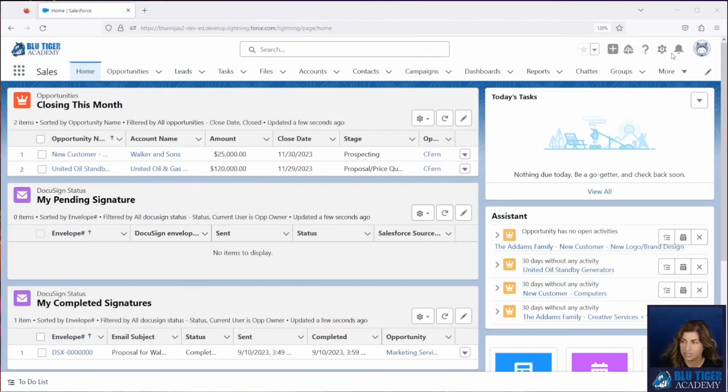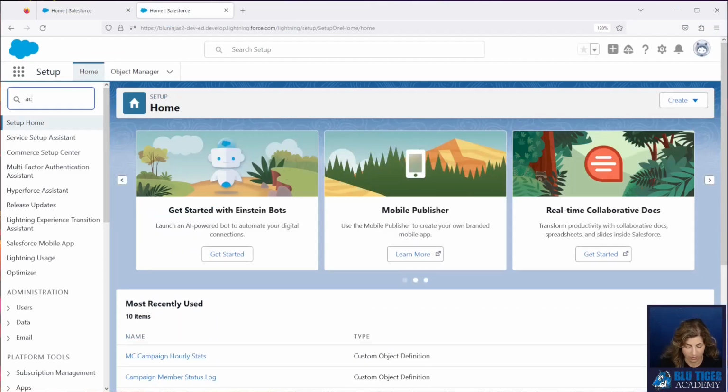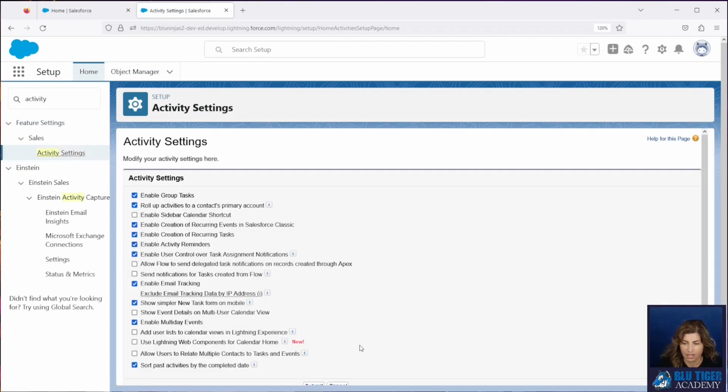All right, our first step is to check our activity settings. We'll go into Setup, go to Activity Settings, and you can see here that Allow Users to Relate Multiple Contacts to Tasks and Events is not enabled. This means that you are set up to only have tasks and events related to a single contact. If you have this checkbox checked in your org, then you need to check out our other video that supports opportunity contact role creation for multiple contacts. We can see here we have a single contact, so we're all set up